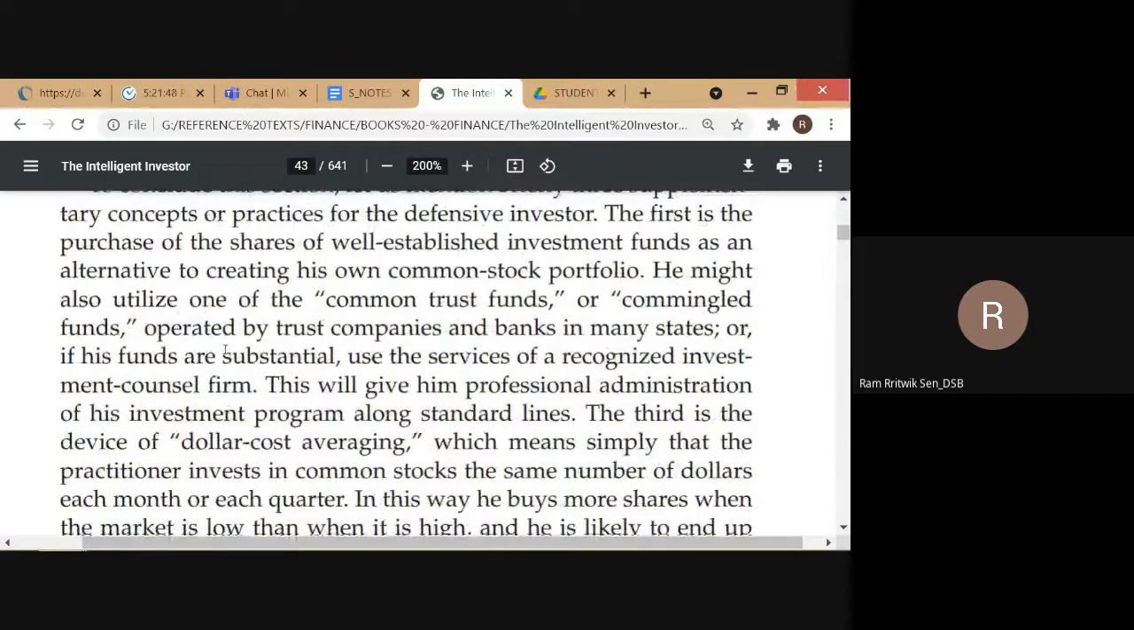These are also operated by trust companies. So these are matters of differential legal organization. These are not substantively different from an investment strategy point of view, because they basically fall into the same bucket as mutual funds. Or if his funds use the services of a recognized investment counsel firm, well, it's basically